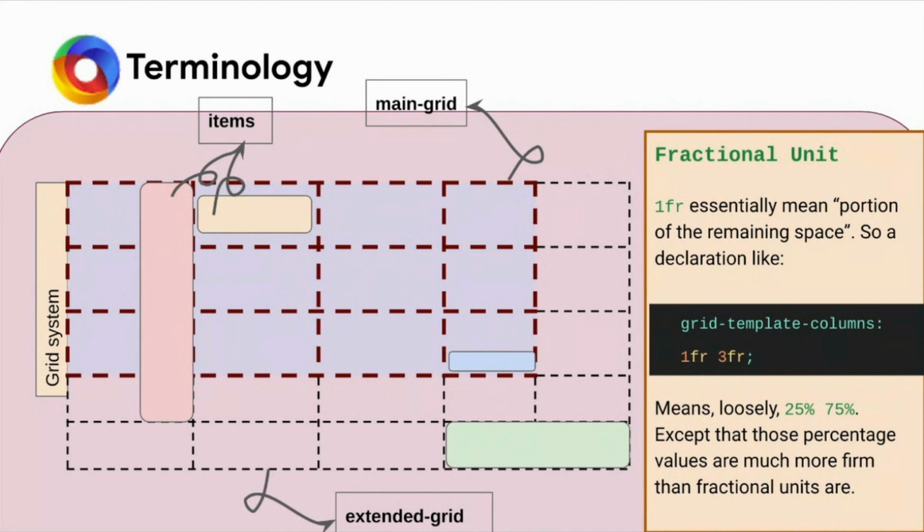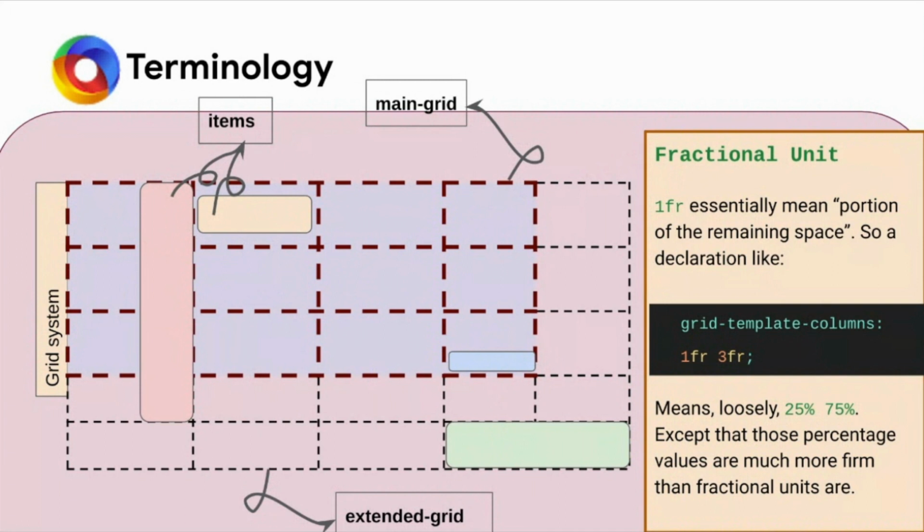In the Flex system we allot the spaces. We work mainly with the leftover spaces, and we perform all the operations there. In grid, we create a grid system accordingly so that we can place any item at any particular place wherever we want in the grid. So that is the basic difference between these two.